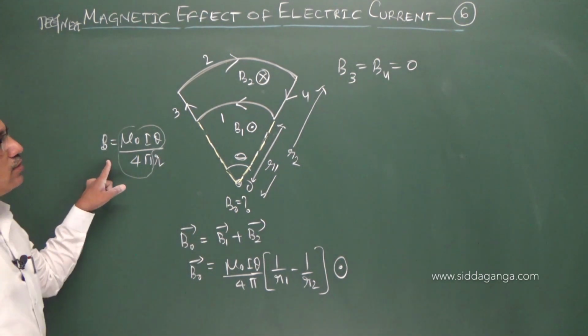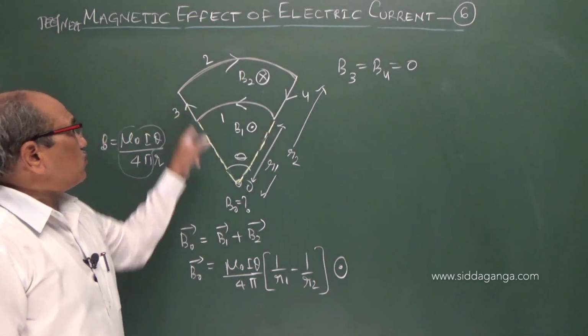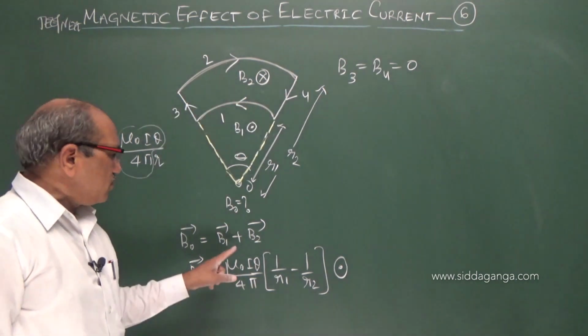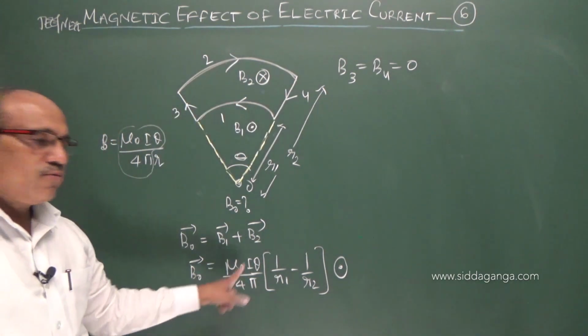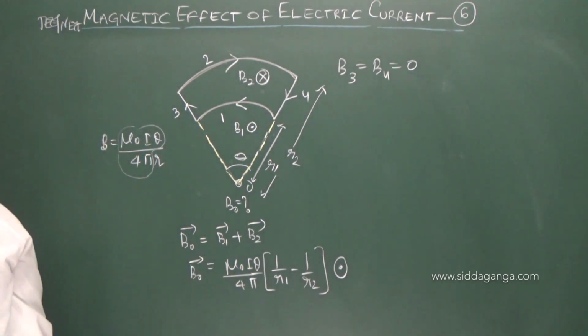Using this equation, find out how many fields there are. Along the straight line portion, no field can be produced, only the arc length can produce the field, and sum those. And also see the direction, and put the sign convention properly. And coming to the next one.